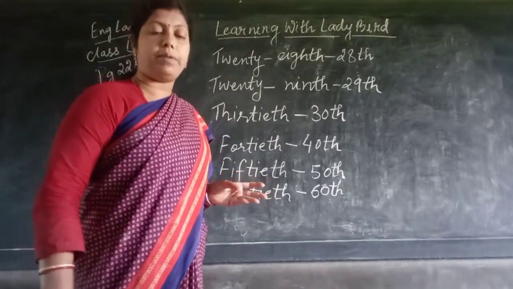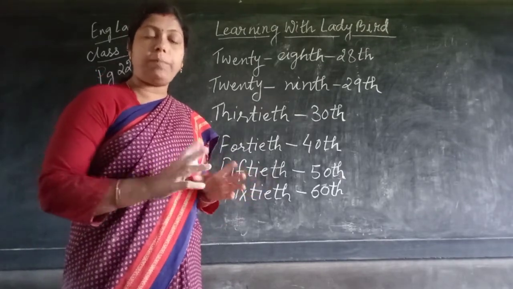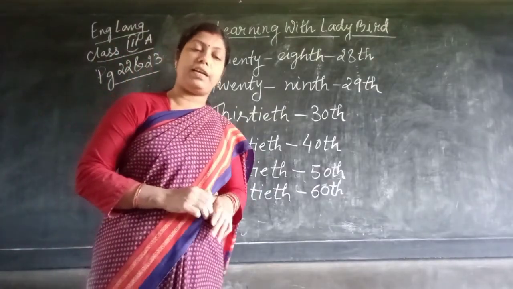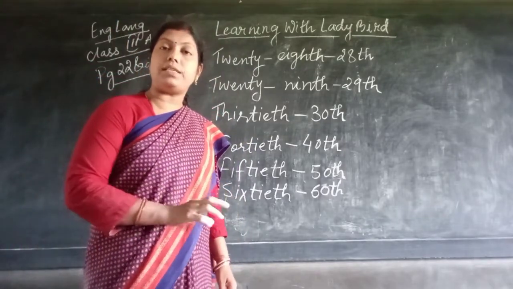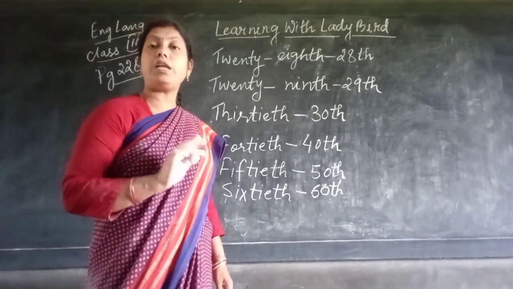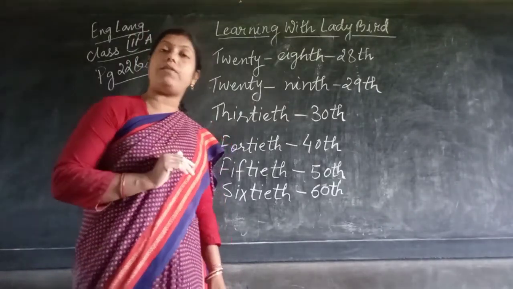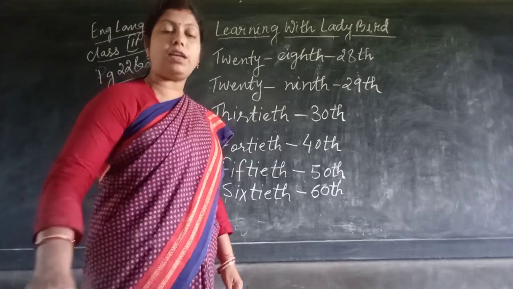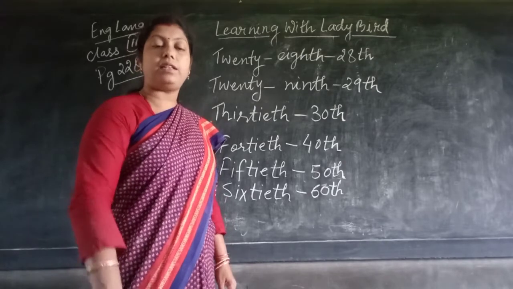Write the ordinal numbers. Here it's given in the form of jumbled words. The letters are jumbled up, and you have to write down the proper one. Number 1, 38th, is already given there. Number 2 will be 43rd: F-O-R-T-Y, 40, T-H-I-R-D, third, 43rd. We are writing the ordinal numbers on page number 23.